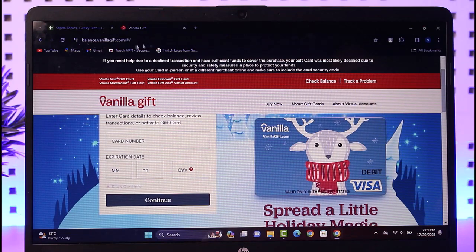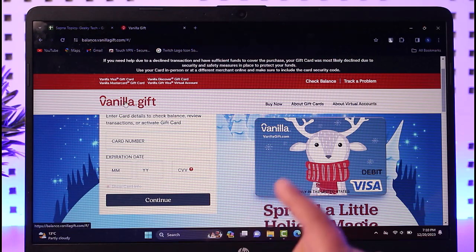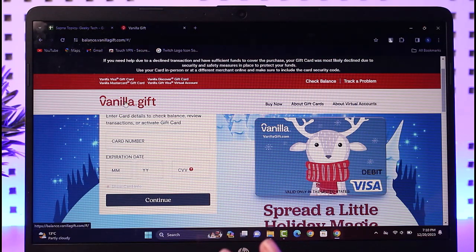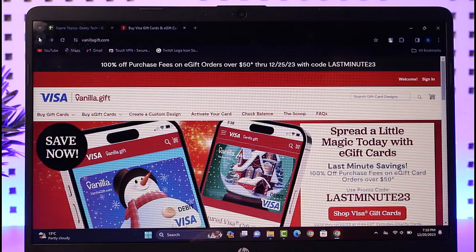But if you don't, then whenever you receive a Vanilla gift card, you have a particular customer support number behind it. Make sure to call them regarding the issue and tell them that you would like to add the zip code but you're not being able to access it, right? And if that doesn't help you, the other thing you can do is again come to